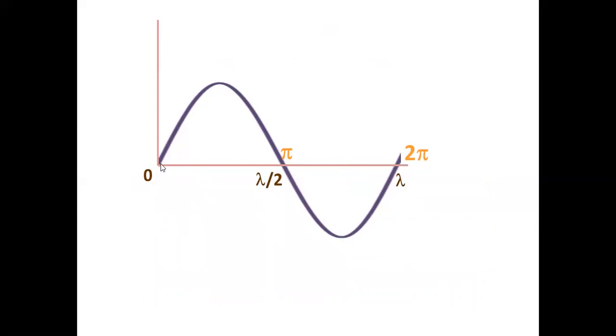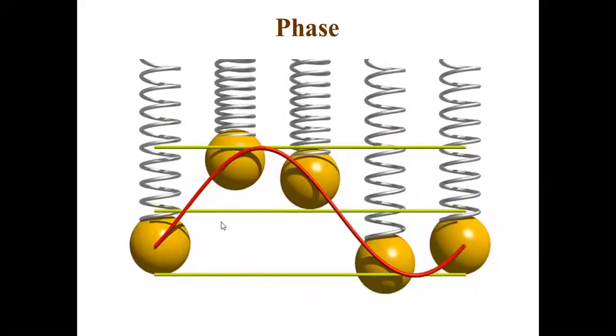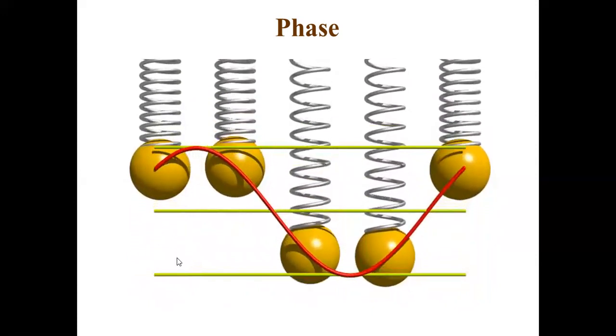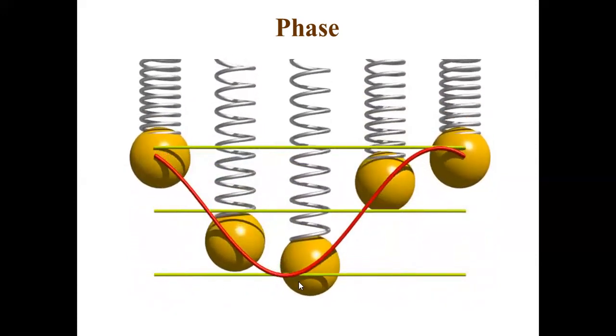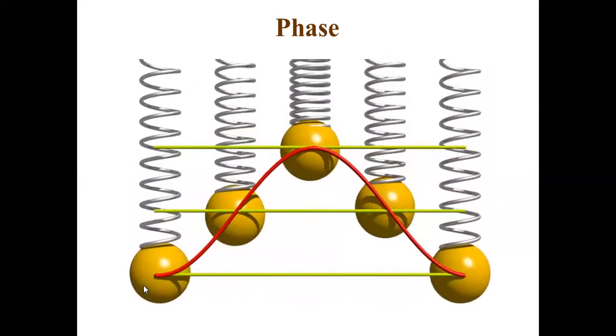This you can remember. A distance of lambda, a phase difference of 2 pi. A distance of lambda by 2, a phase difference of pi. That means they are vibrating in opposite phase. A distance of lambda by 4, a phase difference of pi by 2, 90 degree, right? This and this, 90 degree phase difference, lambda by 4 distance. Lambda by 2 distance from here to here, right? From middle to here, lambda by 2, phase difference of pi.